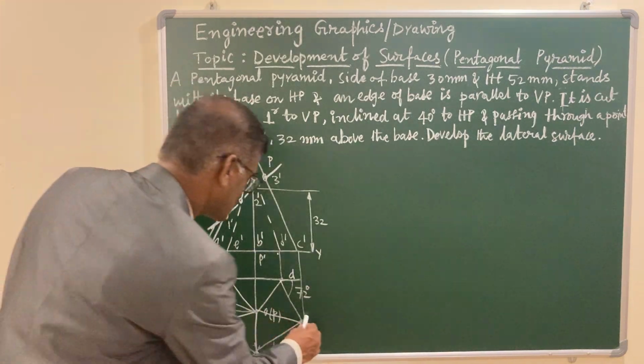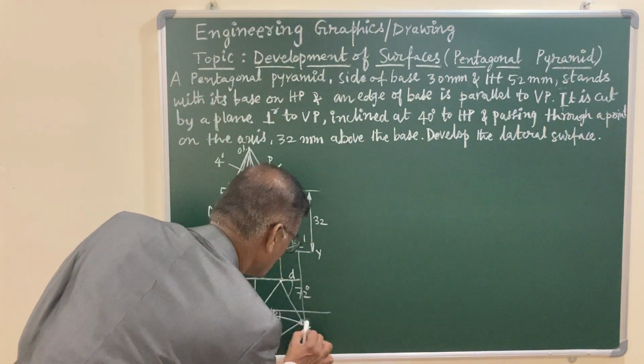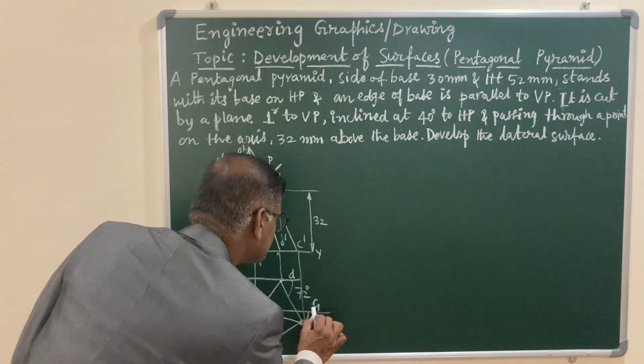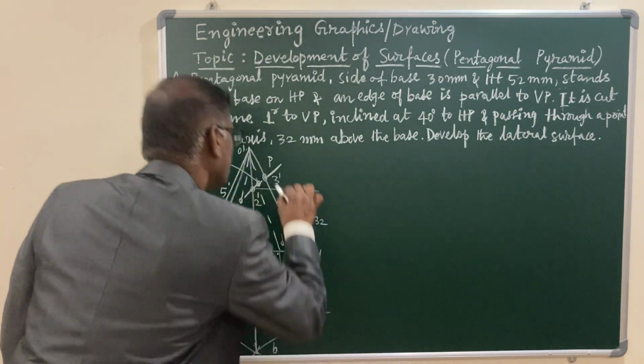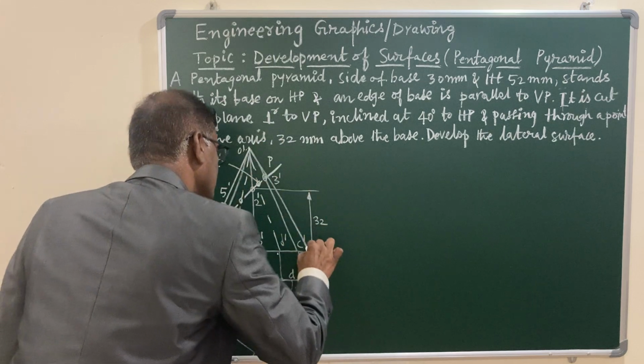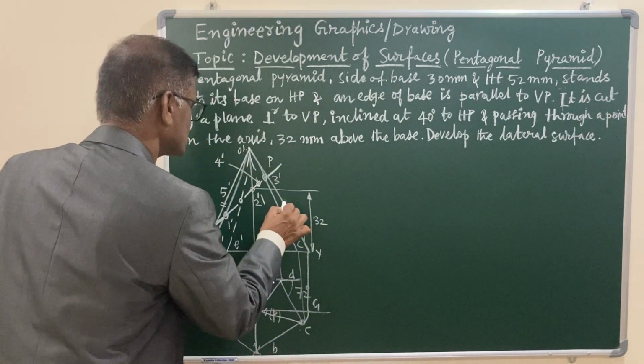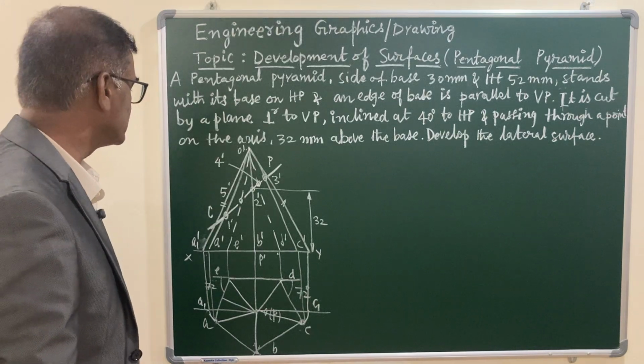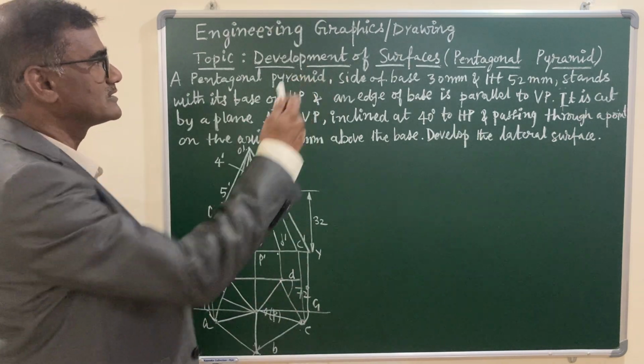Likewise, you can make this also parallel to OC. You can make it parallel. It is C1, and project it upwards, and you can join with the apex, and this also gives you the true length. Now what you have to do is, because in development of the surfaces you have to